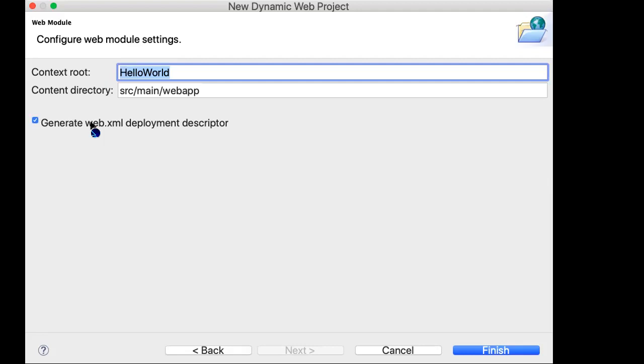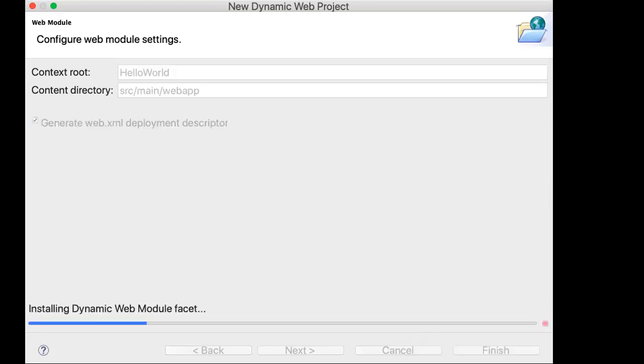If you don't click on that, you'll have to manually create a web XML deployment descriptor that you may or may not necessarily want. So when you click on finish, it'll take a few minutes. On the bottom of the screen is the installing the dynamic web module facet. So yes, it will take, and I believe I have 8 gigs of RAM on this computer. It's not the fastest process, and a lot of people think, oh, it's failing, but it doesn't fail. Instead, it takes you back,